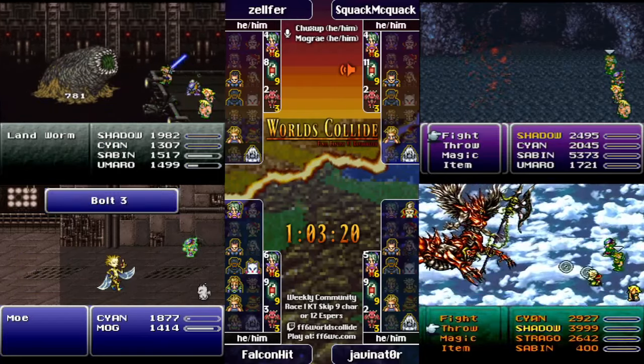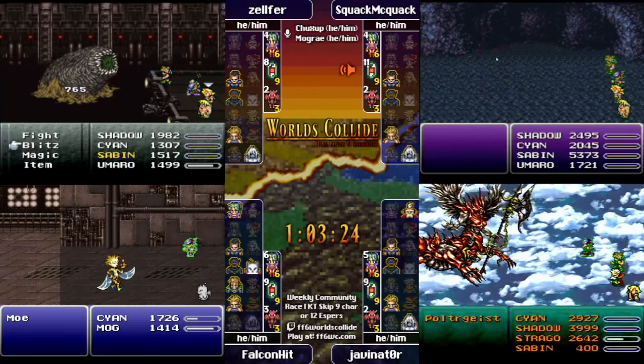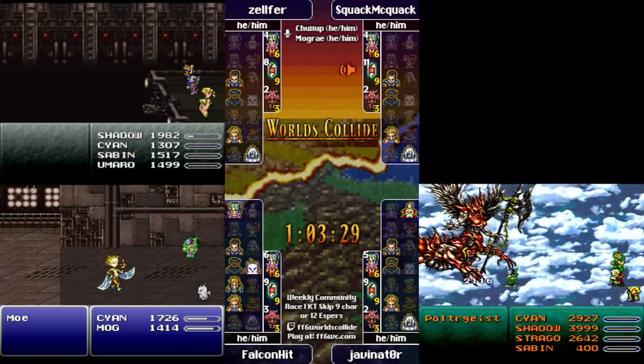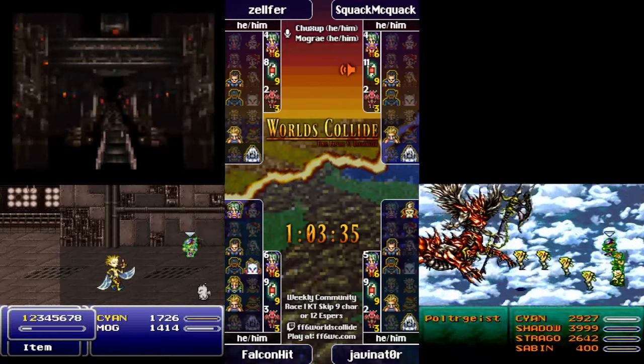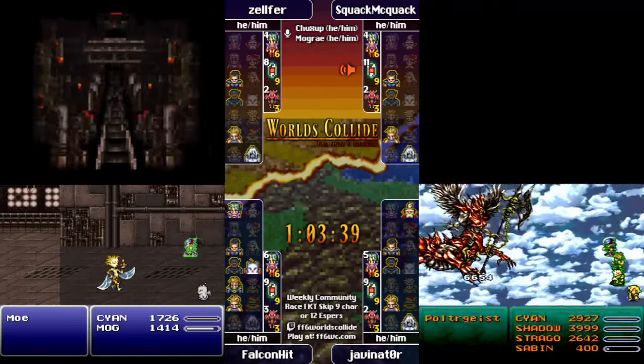Now, do you think, I didn't catch what items Falcon had, or if he even looked through them, do you think he just doesn't have a Soft or a Remedy, and that's why he's leaving Mog as a stone? Or do you think he just figures, nah, I don't need Mog right now? I'd be very surprised if he didn't have a Soft, but he was running a little bit of a risk in not